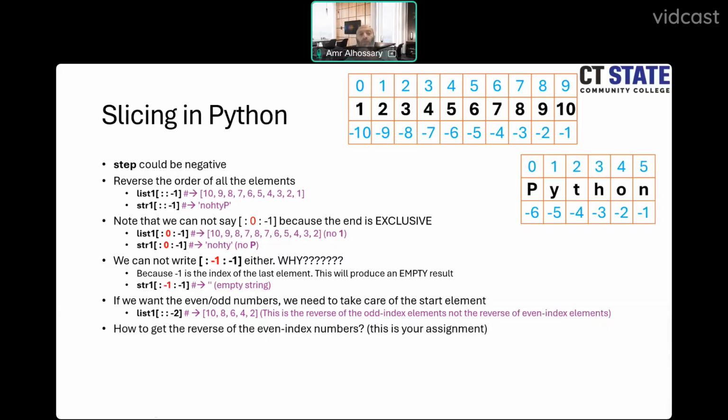Let me give you a hint. You can either get the even index elements first and then reverse them. This is the easier way. Or make sure that you start from an even index from backward. This is harder, but it's more efficient. Why more efficient? Because getting